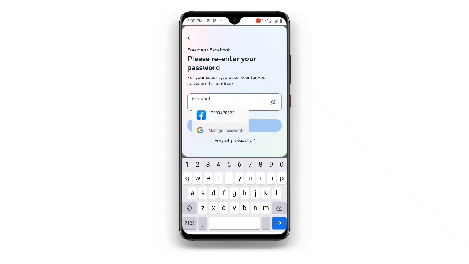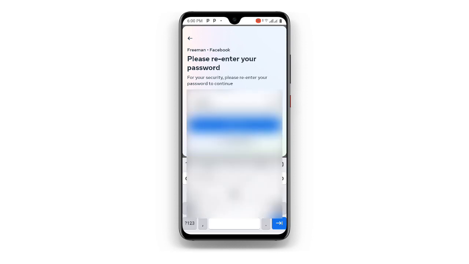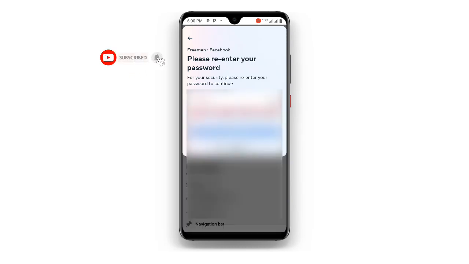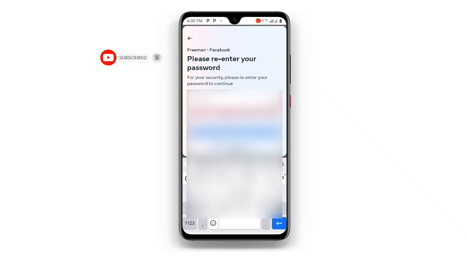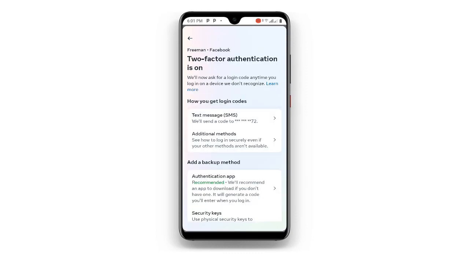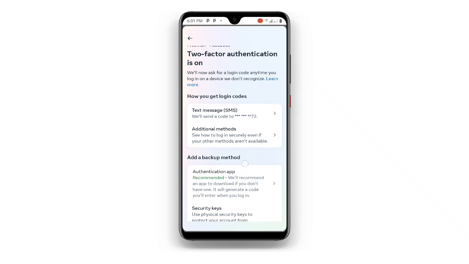So just enter your password over here. Okay, now once you have entered your password over here, you can see over here,